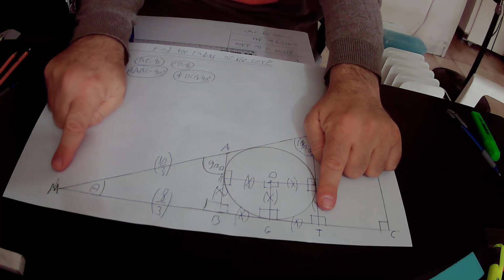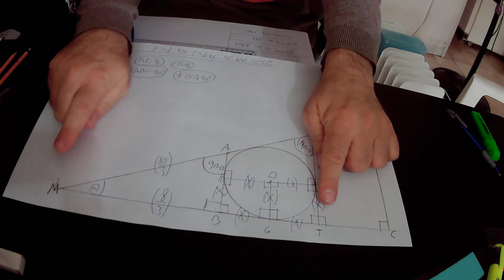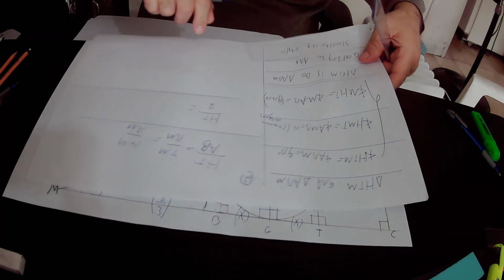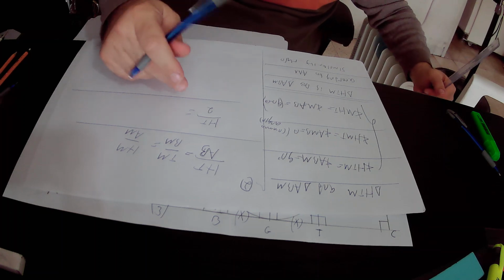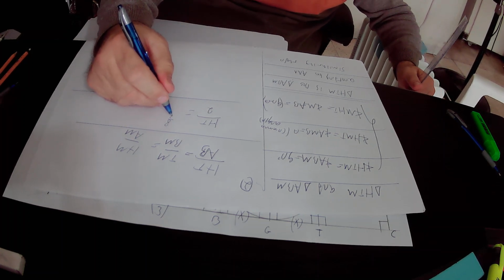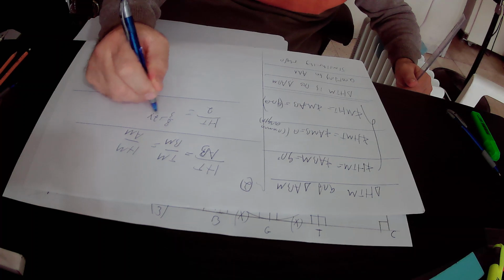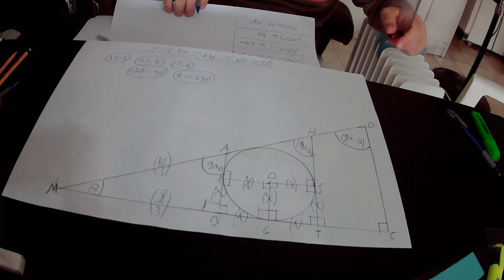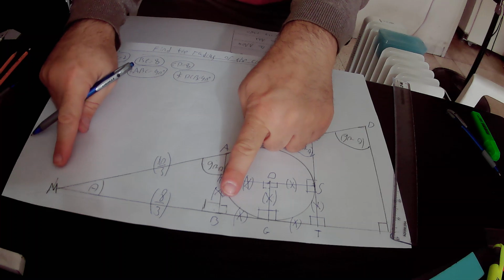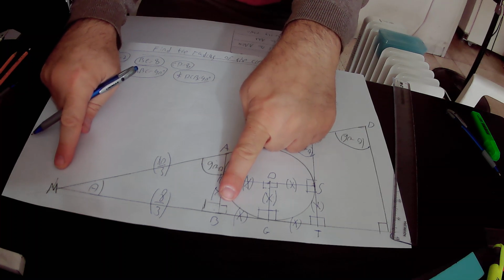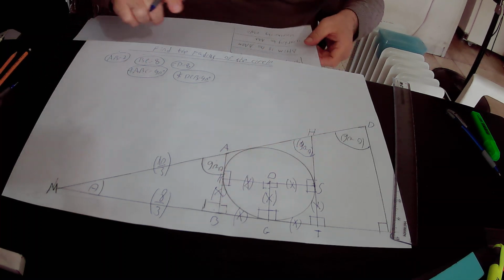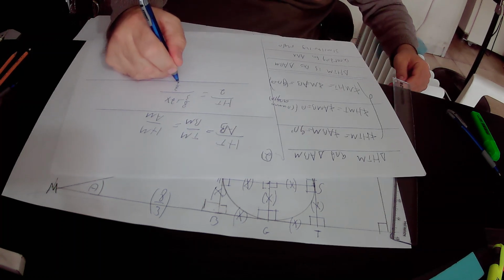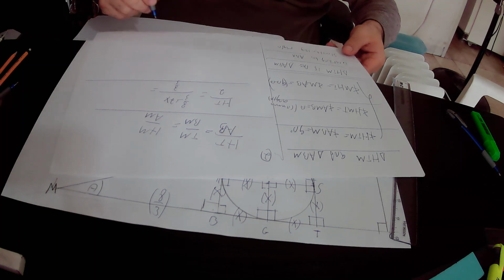So we substitute TM by 8 over 3 plus 2x, over BM. BM or MB is the same, it is 8 over 3. So we substitute BM by 8 over 3, and it equals